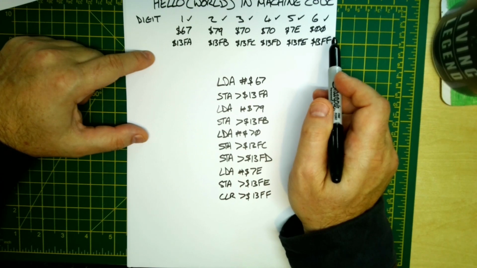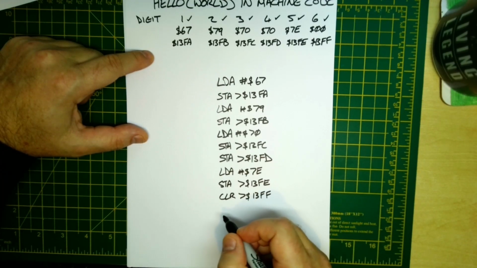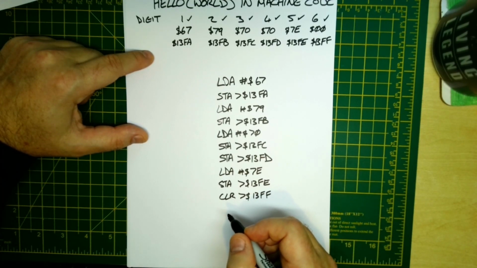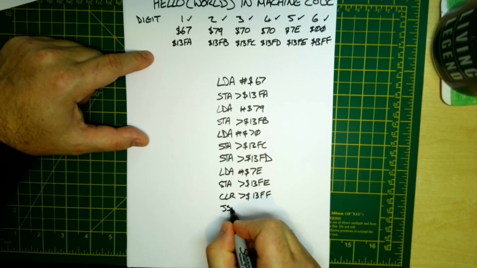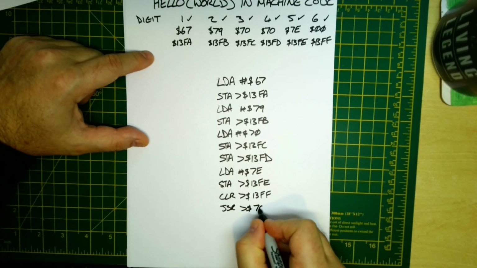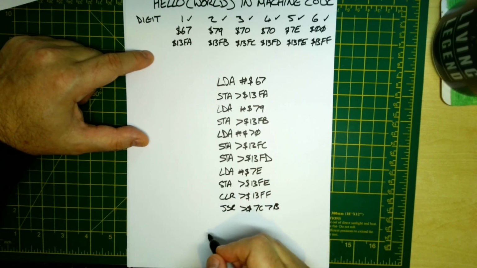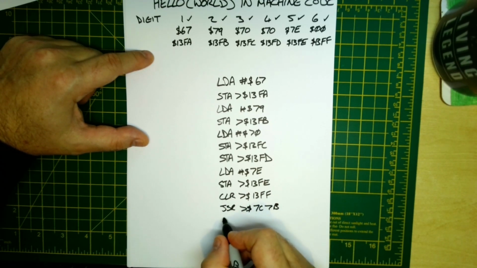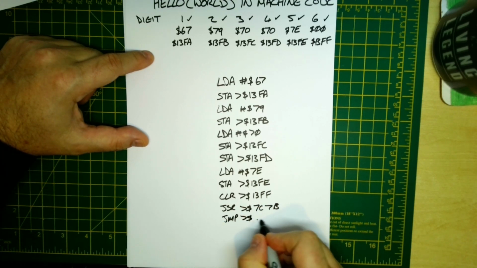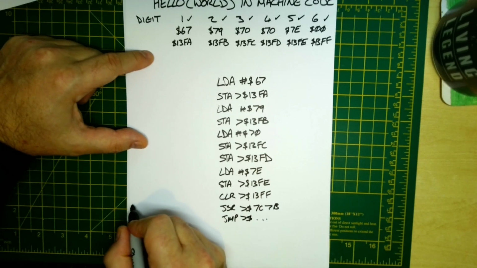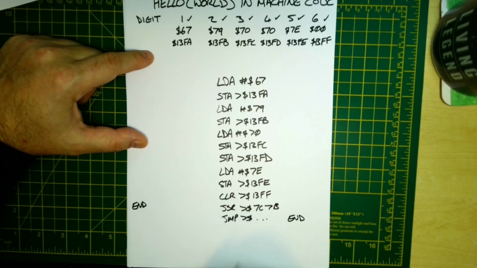So now what we need to do is to call the subroutine that refreshes the display. If you remember, that was the display refresh at 7C7B. So what we're going to do there is jump subroutine 7C7B. And when this returns, we're going to want to jump back around and do that again. So what we're just going to do here is jump, and we're going to specify the address, which we'll just call end. We just want to jump to end. Now we don't know what the address is yet for that.